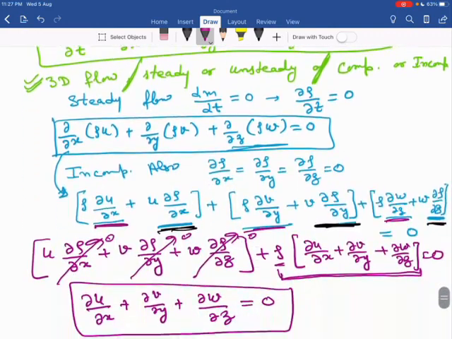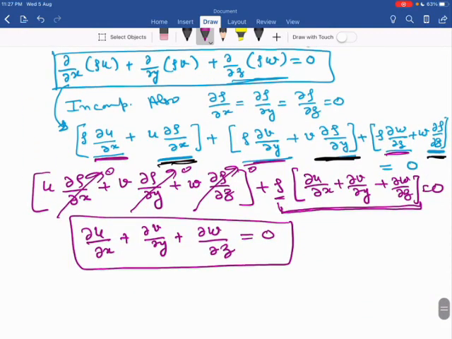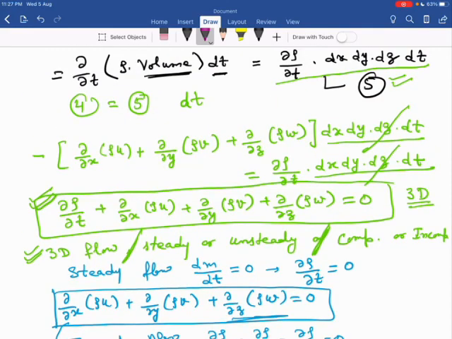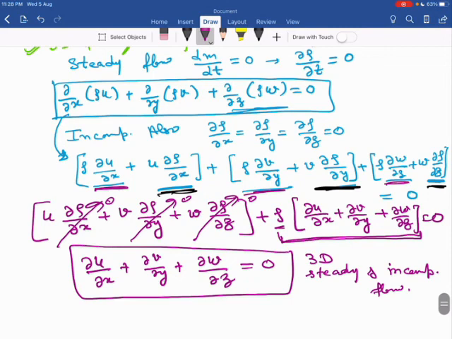So this is the three-dimensional form of continuity equation for steady and incompressible flow. Okay, so this is all about the Cartesian form or the differential form of continuity equation. Okay, now the next is